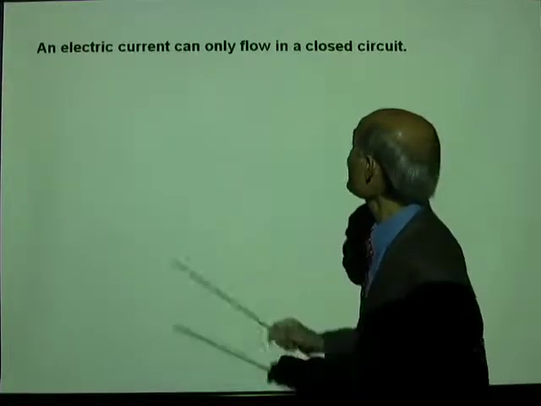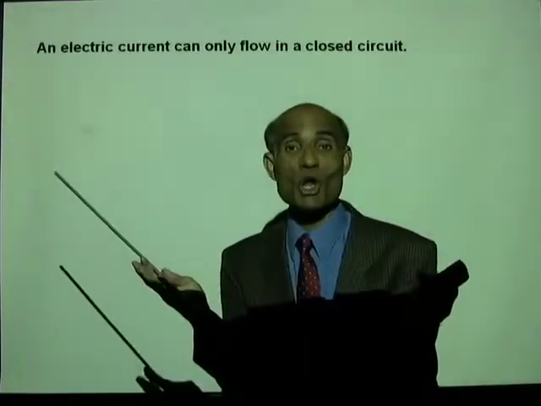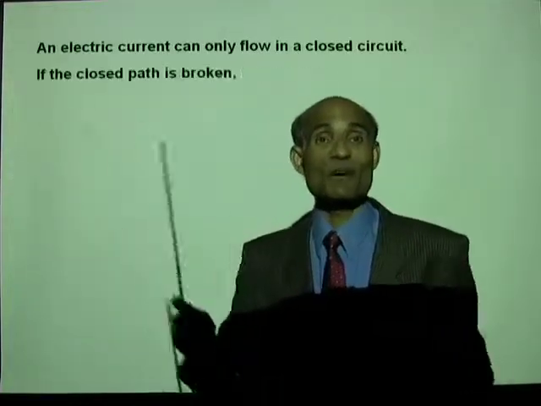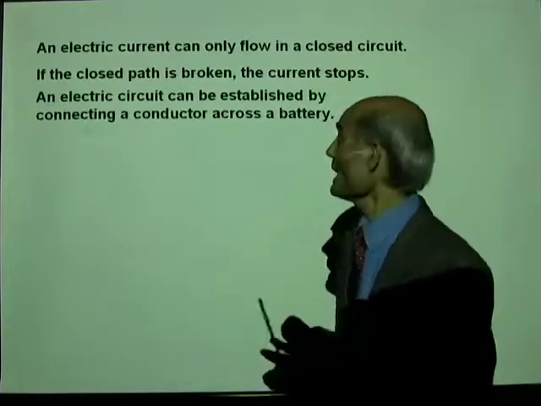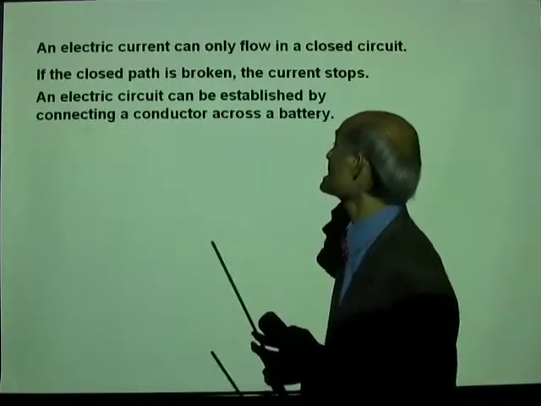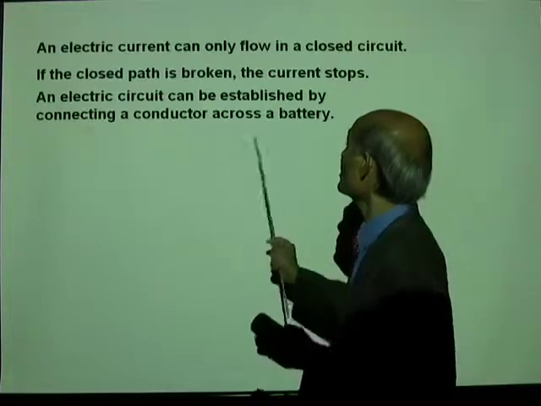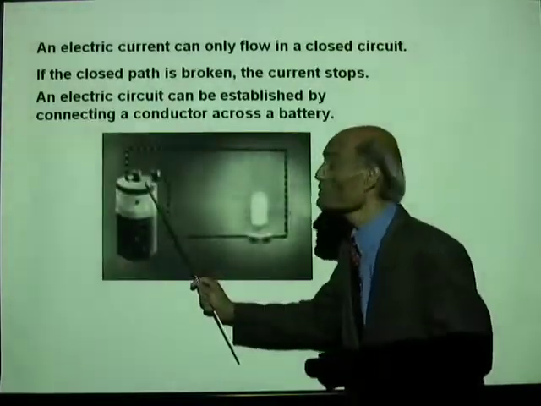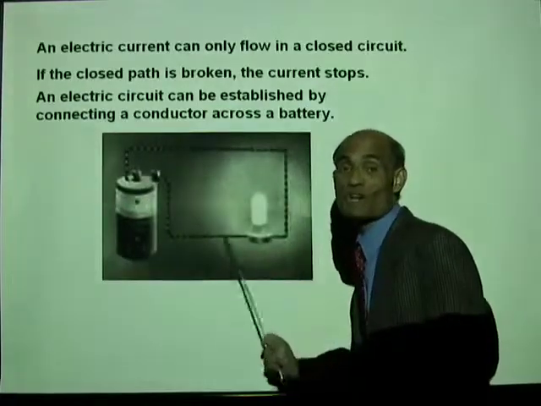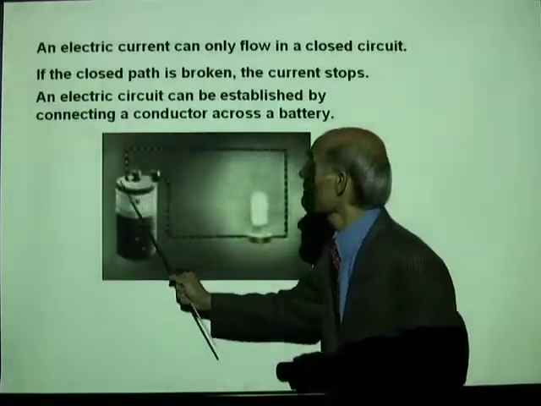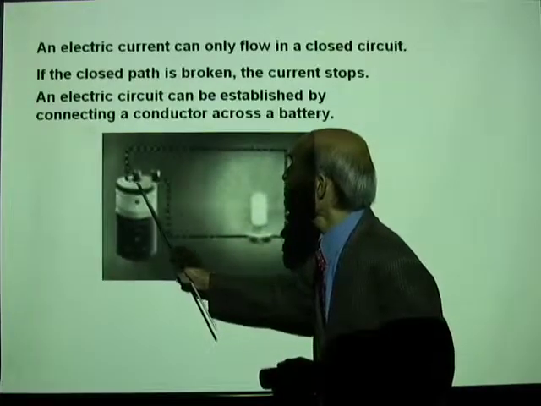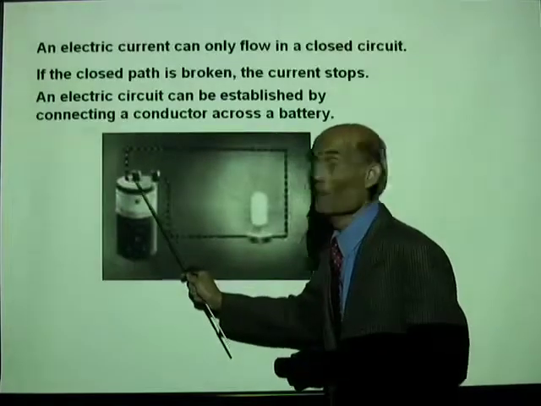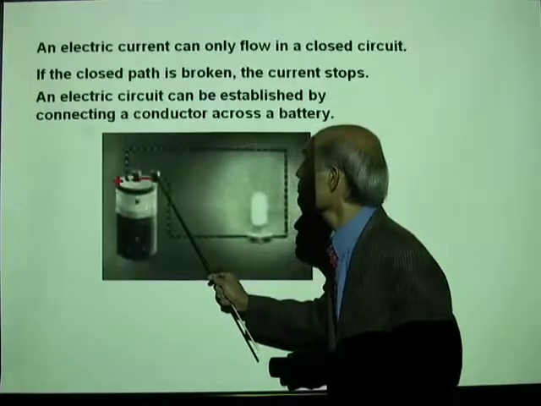An electric current can only flow in a closed path. If the closed path is broken, the electric current will not flow. An electric circuit can be established by connecting a conductor across a battery. I just showed it to you, and we saw this again in the last slide. Once you have an electric cell, an electric circuit is established by connecting a conductor from the positive to the